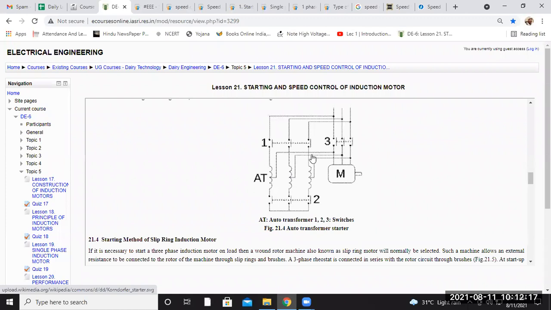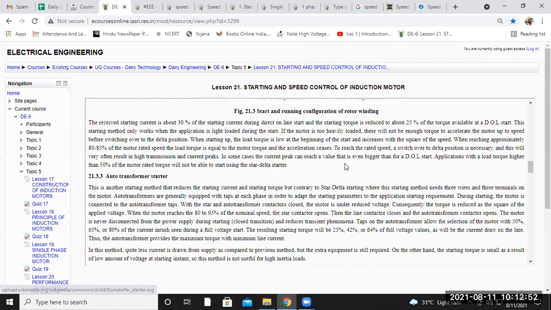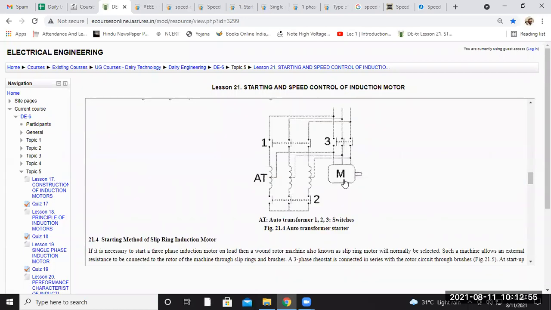That's why the 3 outputs of the auto transformer are given to the input terminals of the induction machine, so that if you want to reduce the voltage of the induction machine, you can change the number of turns of the auto transformer, so that the voltage in the line is reduced, and accordingly the input voltage of the induction machine is reduced. Just vary the number of turns. So these are the 3 starting methods of induction machine. You can take a screenshot of this auto transformer also.